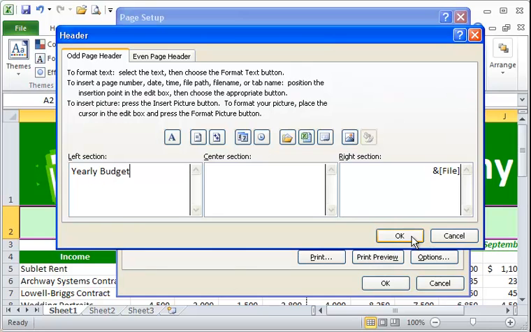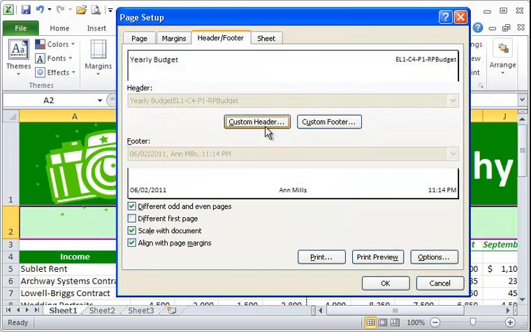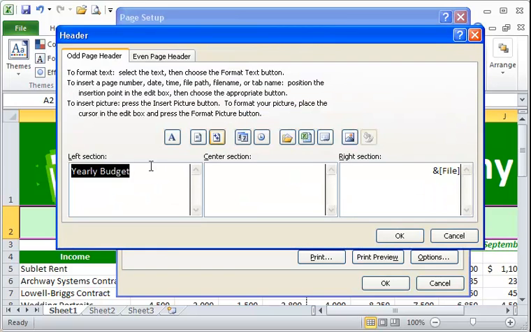And I'll go ahead and click OK out of that. And then for the... I shouldn't have clicked out of that. Let's go back in there for just a second. So that's the odd page, and then for the even page header,